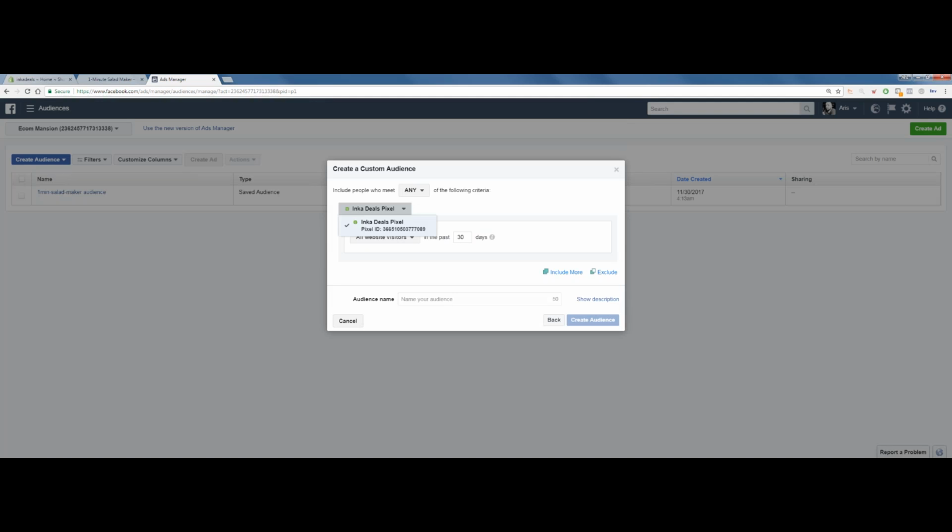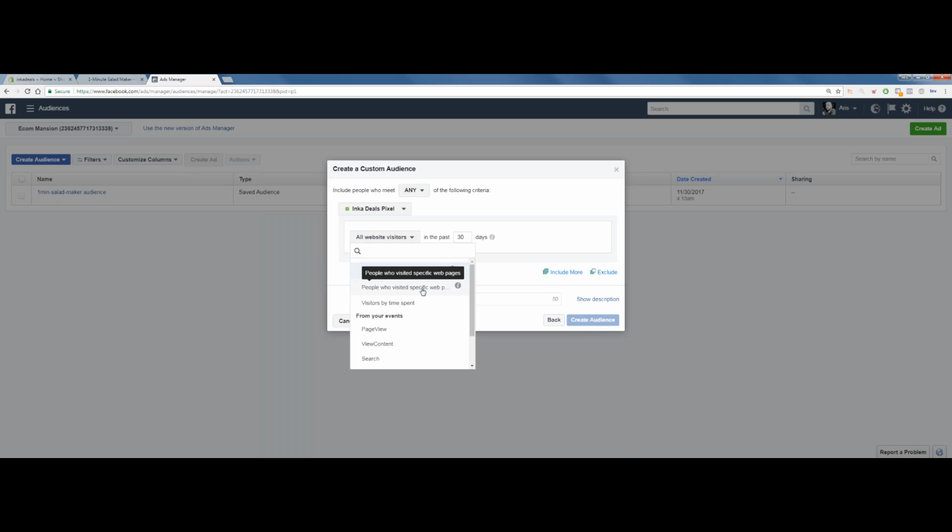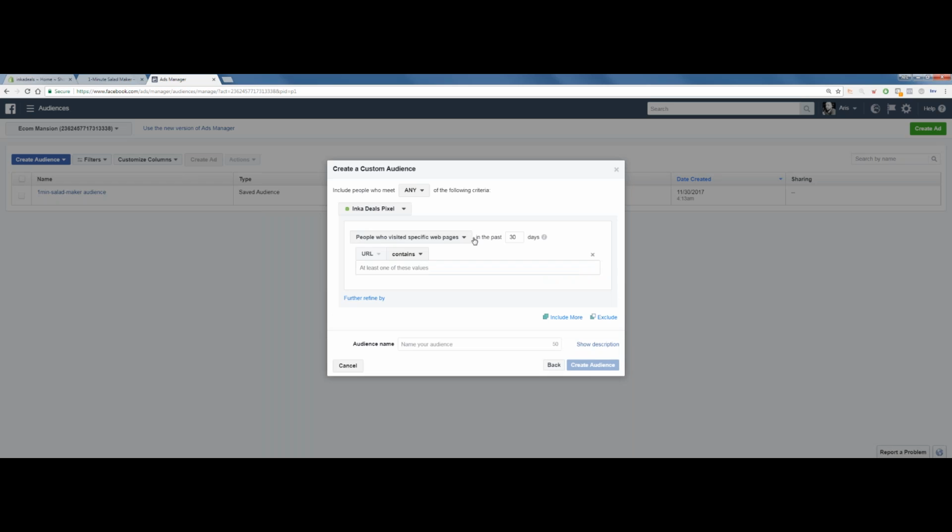We don't touch anything here. We make sure that the pixel is selected. We are going to select, firstly, people who visited a specific web page in the past 3 days. So, right, we're setting up retargeting here, 3 days.